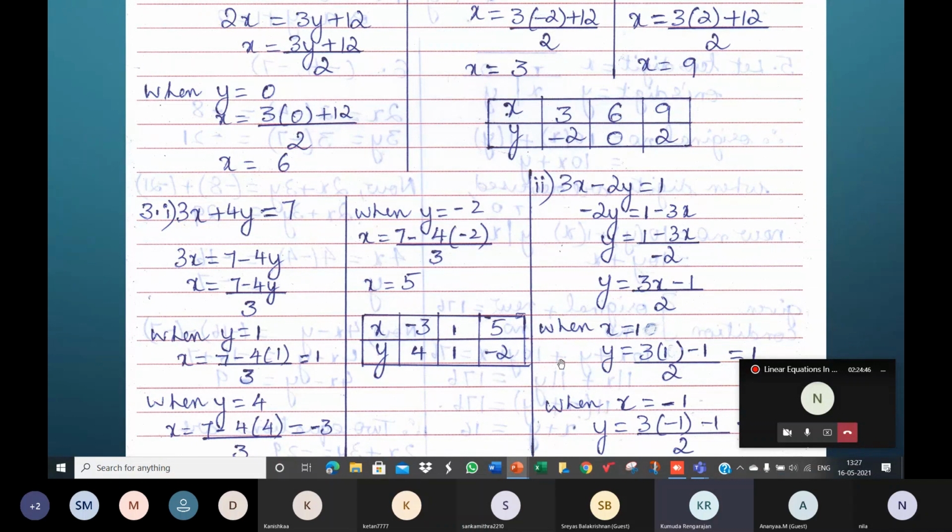The third line is given by x is equal to 0, which is the y-axis itself. So you don't have to make any table for that, because x is equal to 0. I told you, when we are working with graphs, when you have this equation x is equal to 0, we treat it as an equation in 2 variables x and y only. It is the equation of the y-axis itself.